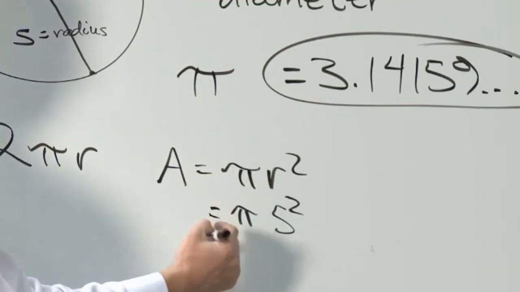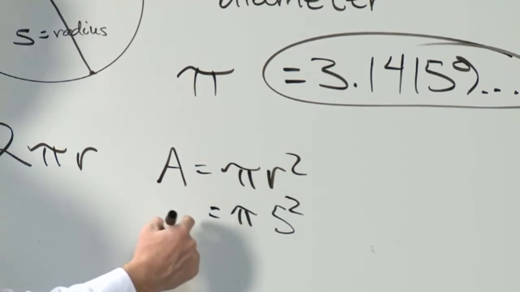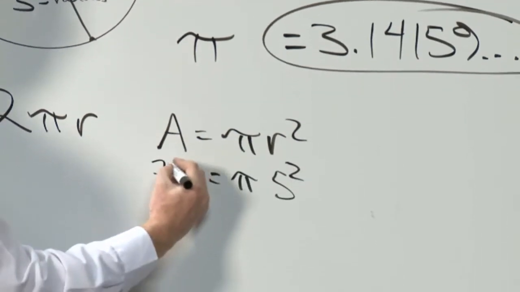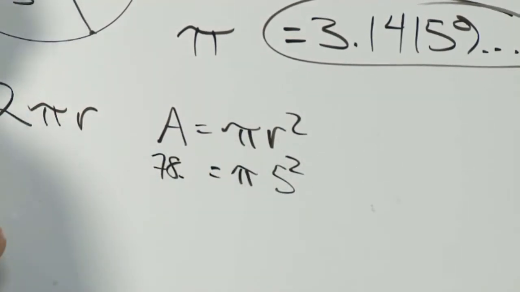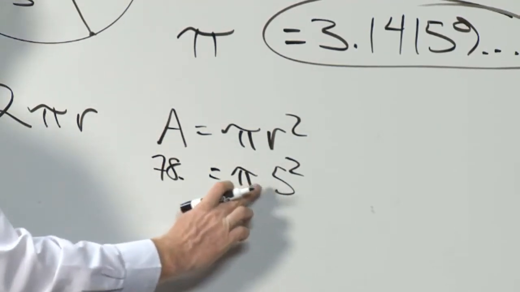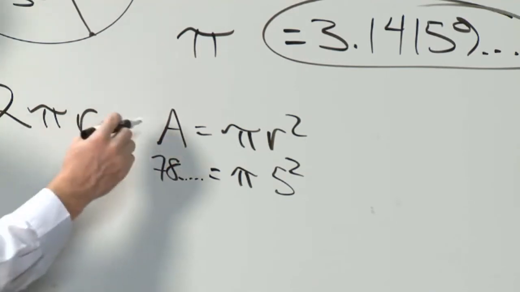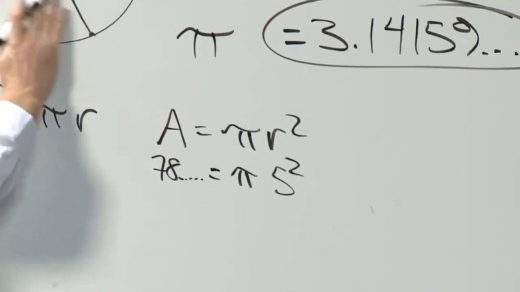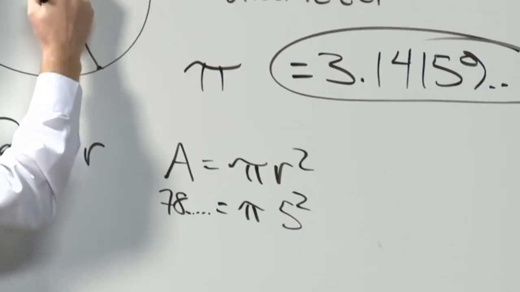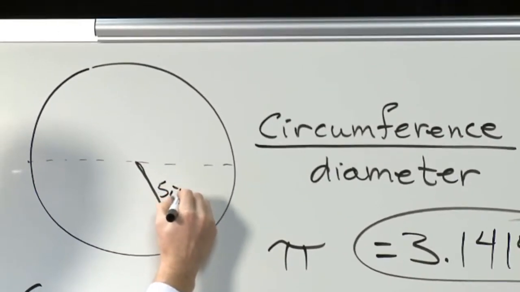So you do this, pi times 5 squared, and you get something like 78.13 or something like that. You've got 25 times 3.14, so you get this thing. That's the area. What that means is that if this is in inches, if this would be 5 inches, and you drew a grid